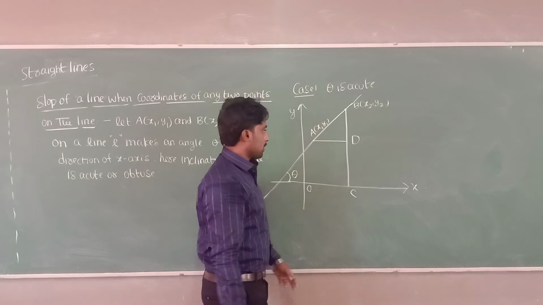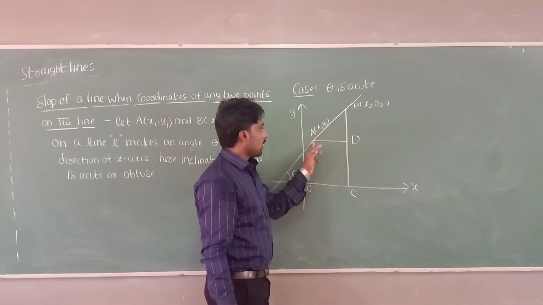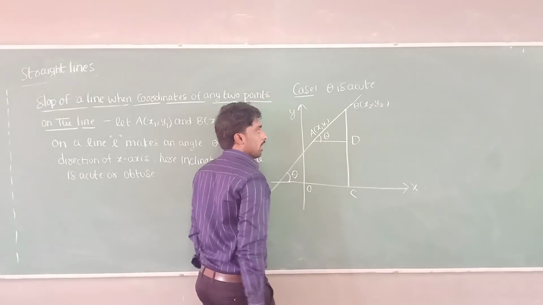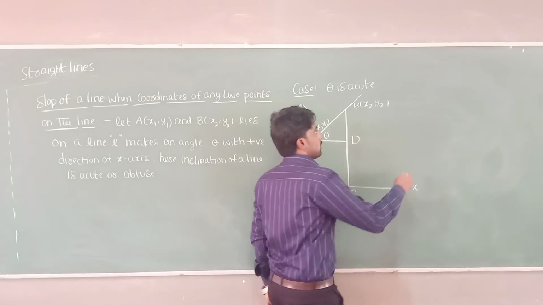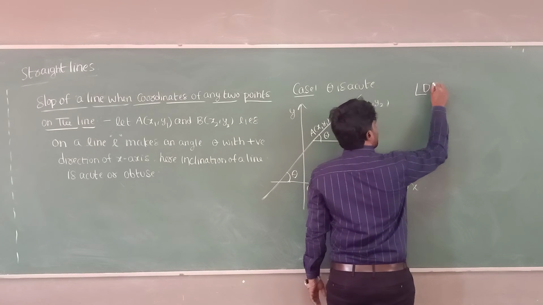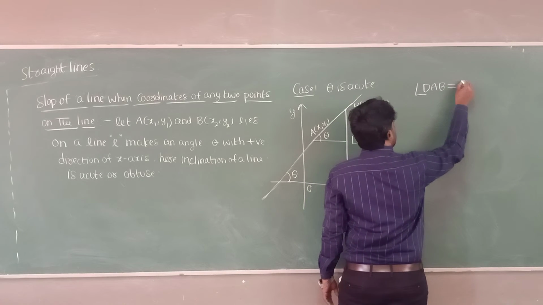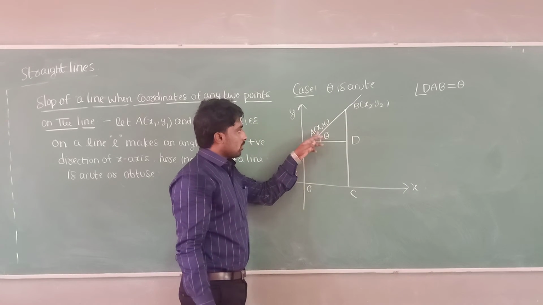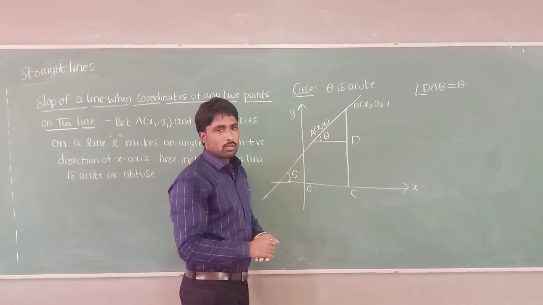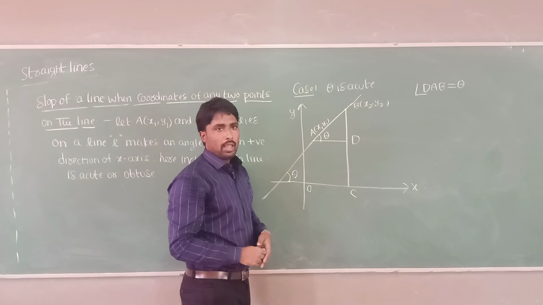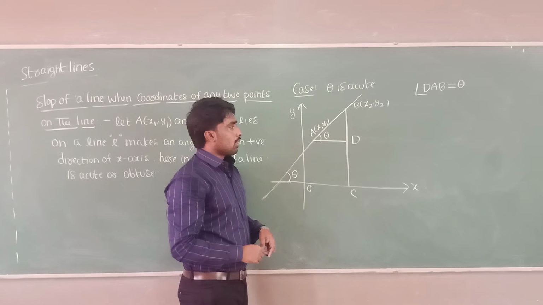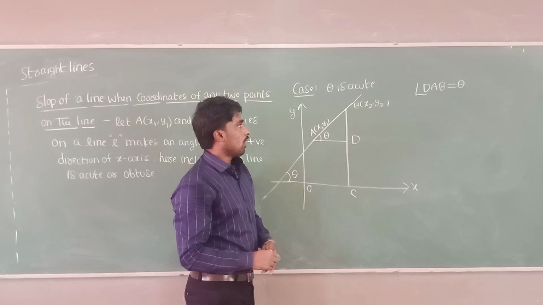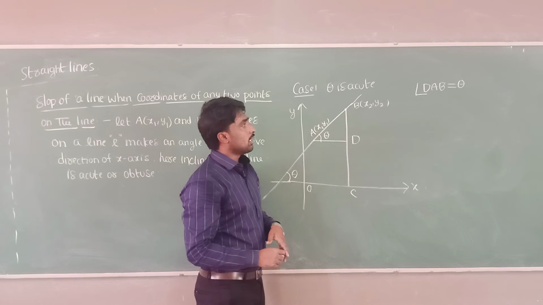Now you observe clearly this triangle DAB. This angle is equal to this angle only. Angle DAB, what will we get? Angle DAB is equal to theta. Here you will get a doubt. Sir, we already know the inclination of a line, then what is the use of giving the two coordinates of a line? Whenever they mention two coordinates of a line, they won't give the angle. That's why by using these two coordinates, we have to find the slope of a line. Is it clear, everyone?